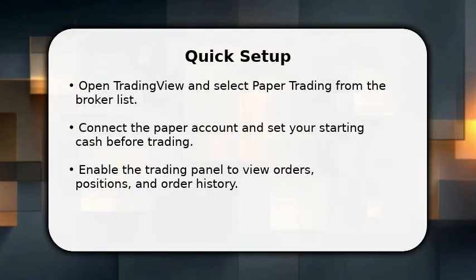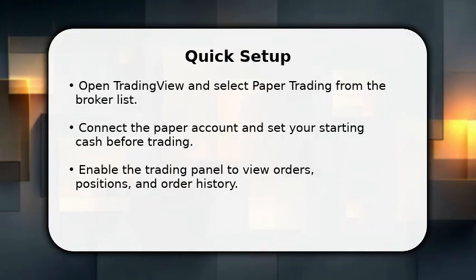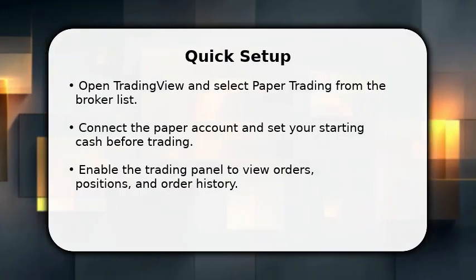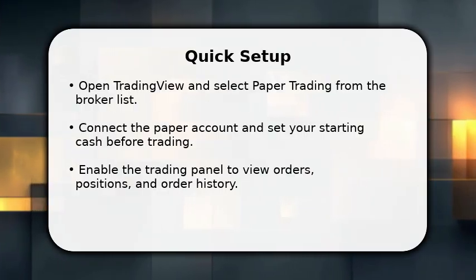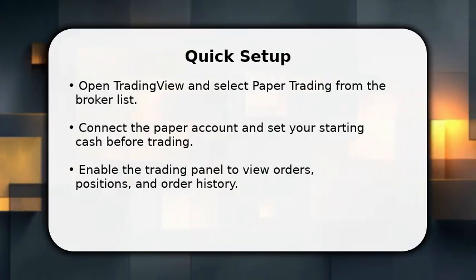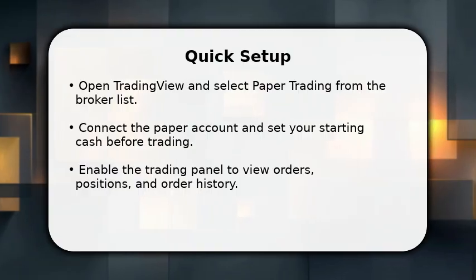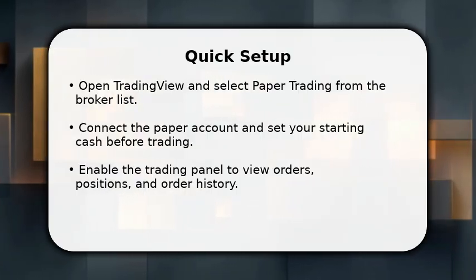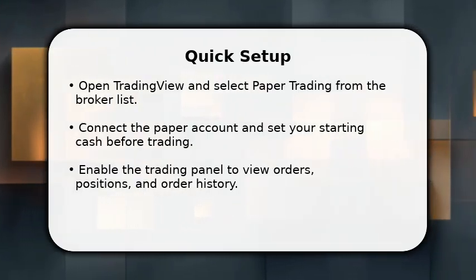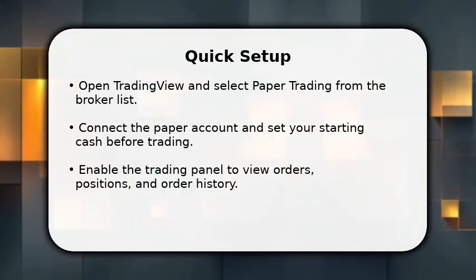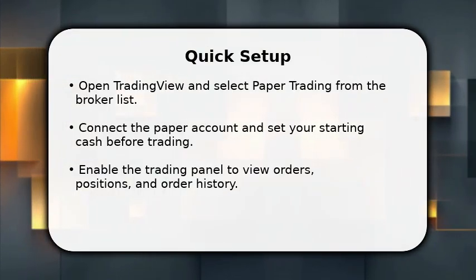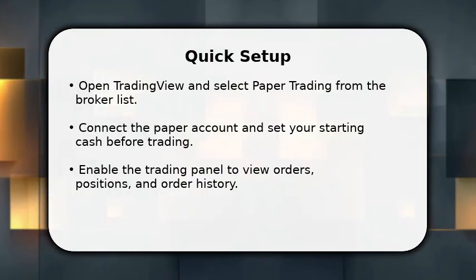In this video, I will show how to buy stocks in Tradingview paper trading updated. Open Tradingview, switch to paper trading, connect your paper account, and set your starting cash before placing orders. Use the chart's buy and sell buttons, choose market or limit orders, set quantity and stop loss, and monitor fills in the trade panel. Practice position sizing and review trade history to learn without risking real money, keeping records for